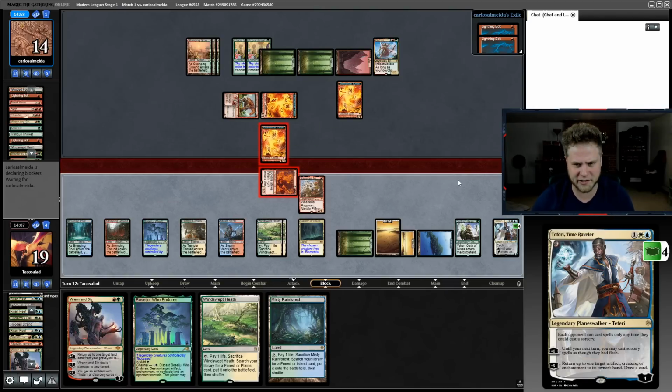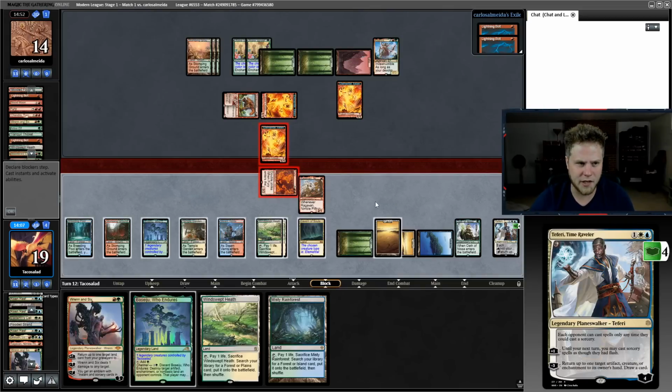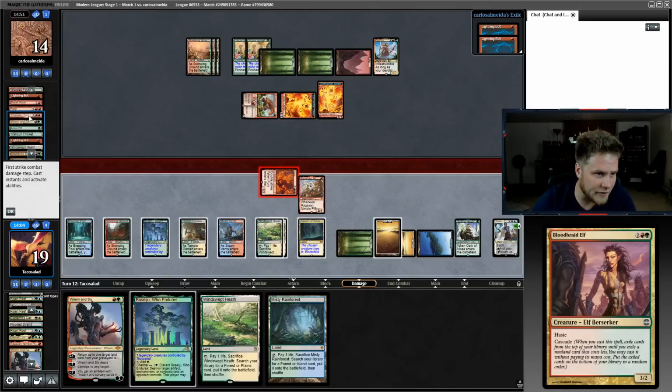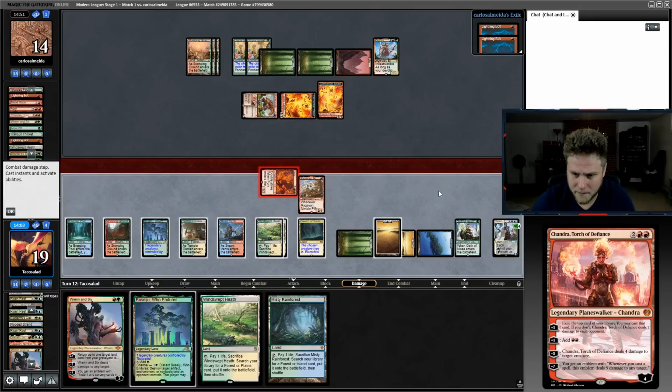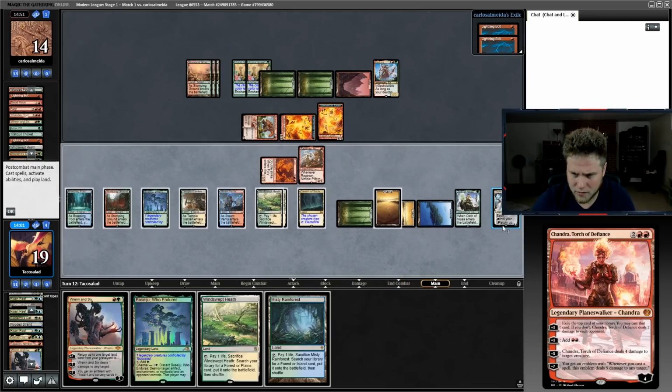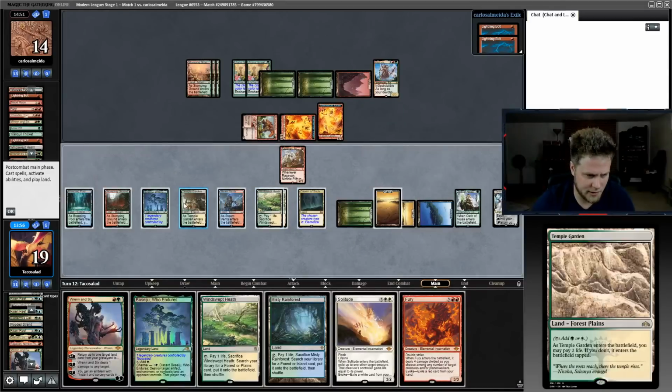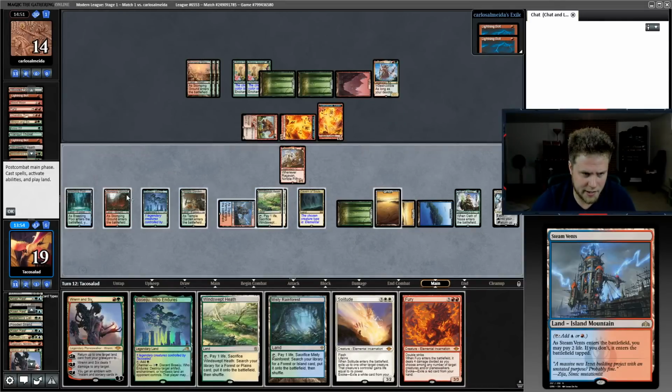Like, one Teferi here is insane. You know, one Omnath, Eladomri's Call. You know, a lot of good draws. Okay, that should be the last of that card, right? Yep. All right, here we go. I'll take a Fury back. Pretty good. All right,